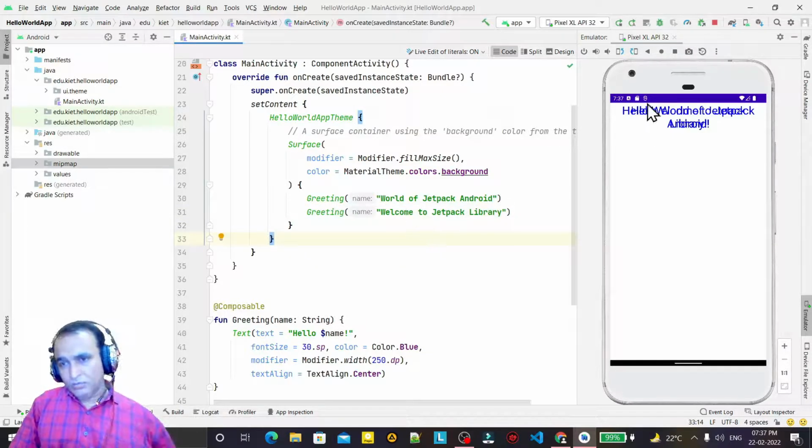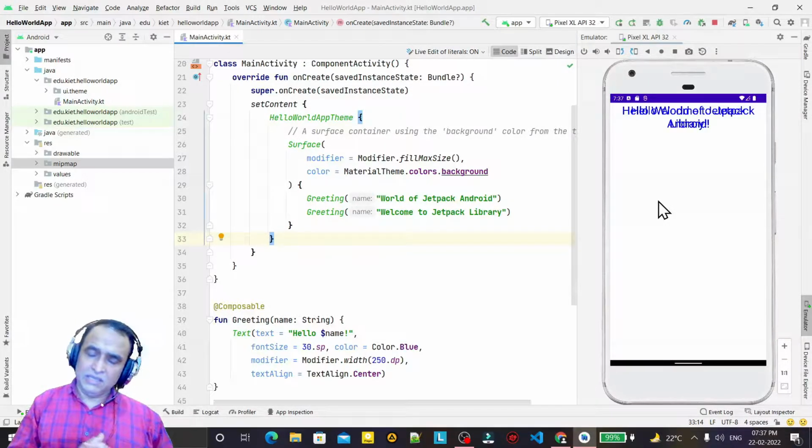So how will we remove this overlapping text, and how can we display in column format, in row format, in box format? What is the meaning of column, rows? What are themes? What is text? What is edit view button? How we will do one by one, we will see in later videos also.